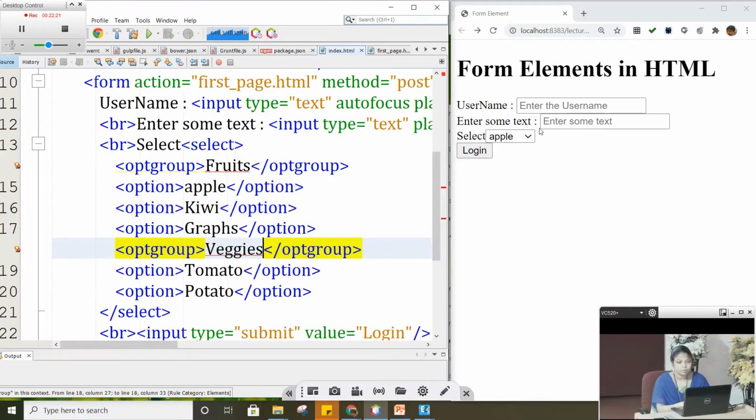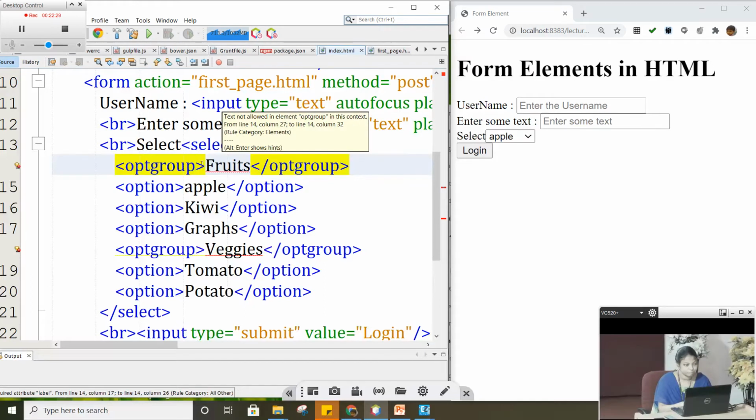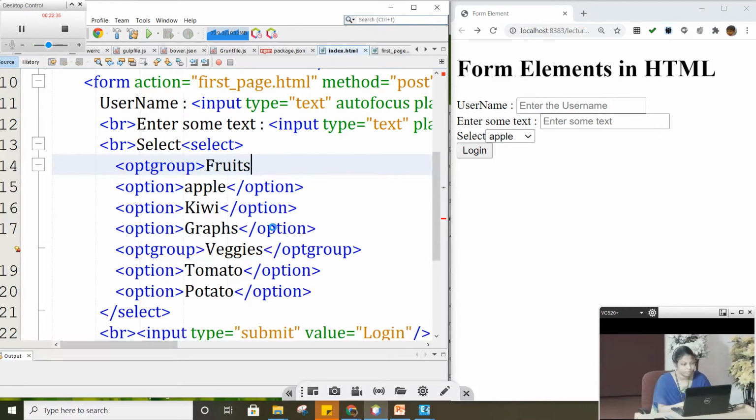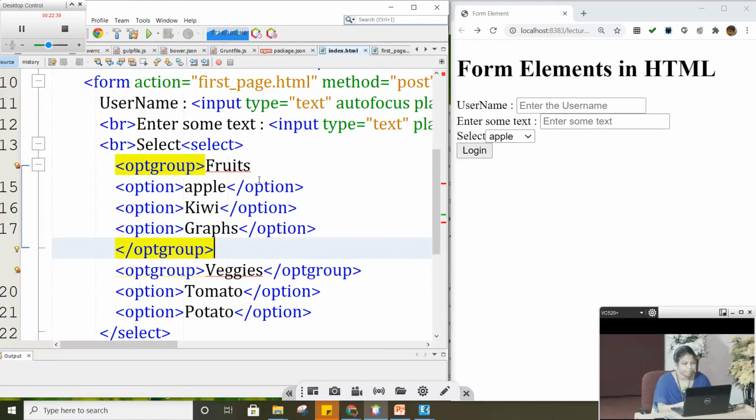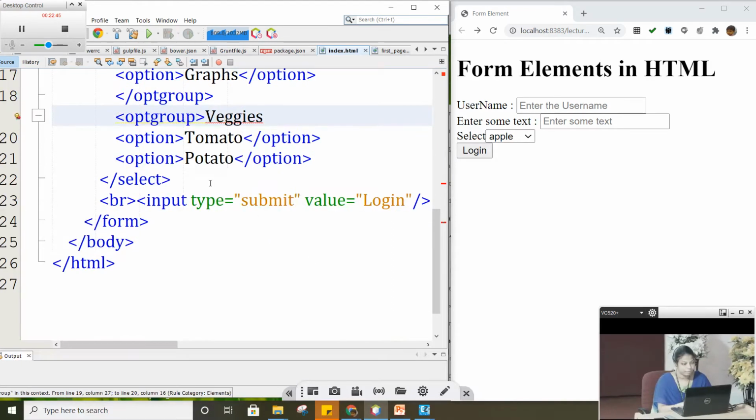Okay, so now you can see here, this should be surrounding here. So where I have to start and where I have to end. And here as well, I have to start the option and end it here.